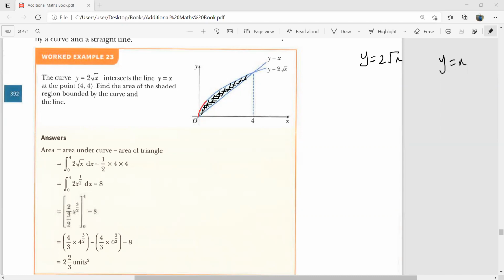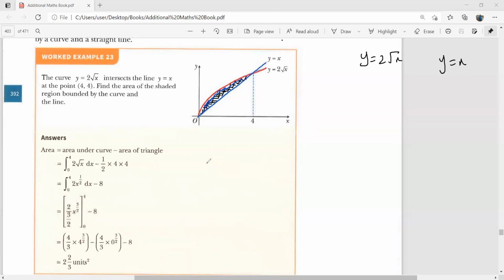This is the curve of, let me make it a bit red here. This is y is equal to 2 under root x, the curve, okay? And let me make a blue one for the line here. This is your line over here, है ना? So, बच्चों, you can see that the area between this red curve and the x-axis is more. So, if you have to find this shaded area, you will find the area between this curve and the x-axis, and then you will take out the area between the line and the x-axis.